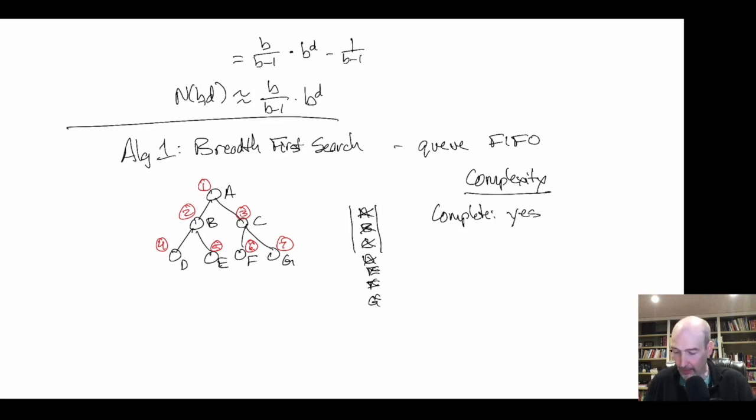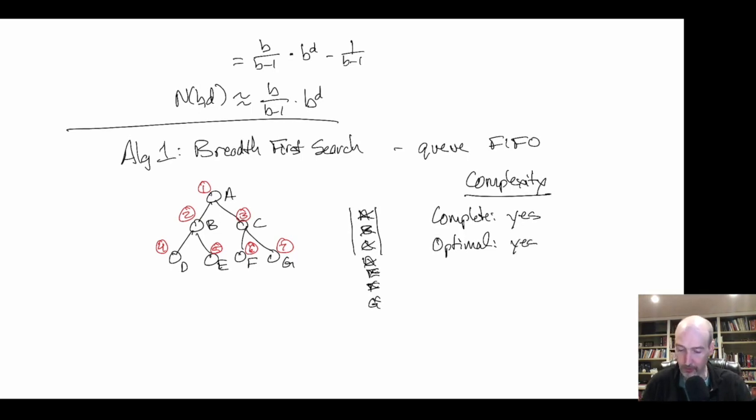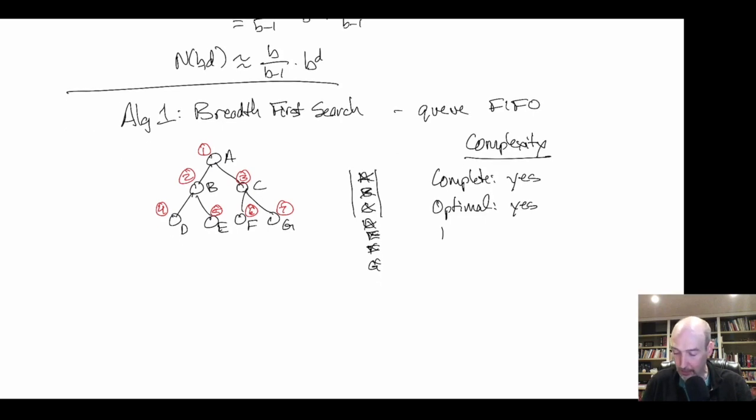The second thing we could look at is whether it's optimal. And remember, right now we're working on the assumption that all edges have the same cost. They have unit costs. And so because we're going in layers from the top of the tree to the bottom of the tree, we're going to do all of one cost before we go to the next cost, and therefore we will always find optimal solutions. So it is optimal. If we think about the solution quality, we have nothing to add there except it's going to find the shortest path. And when we talk about the time complexity, now we want to know how many nodes did we expand,